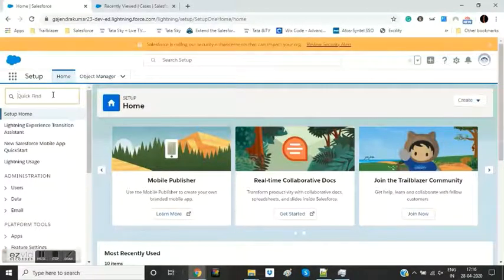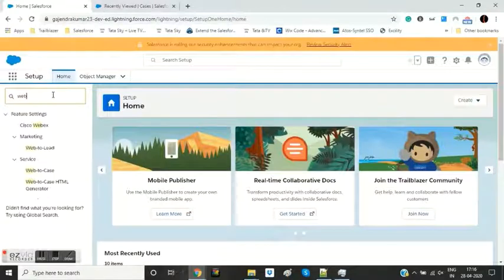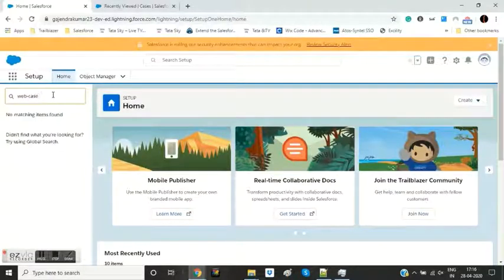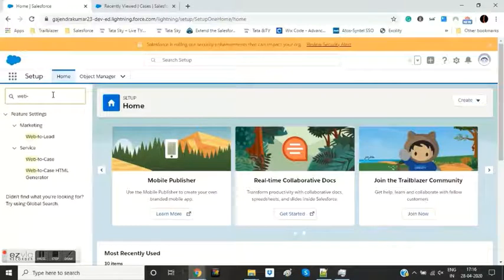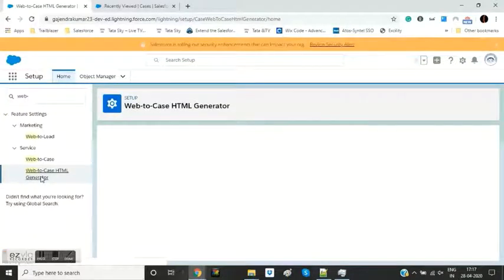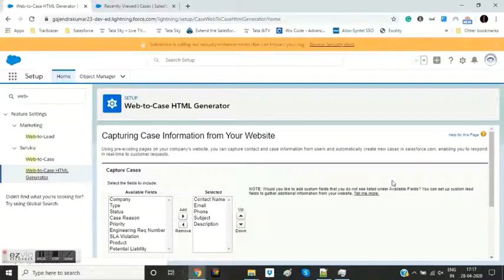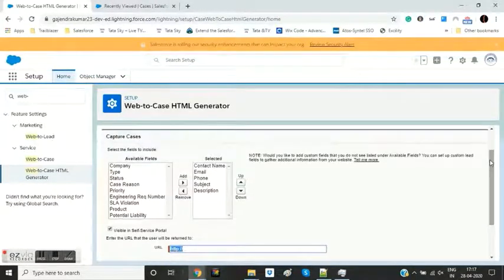module in setup. So we'll just search for web to case in the quick find box, and we are going to click on web to case HTML generator. What we can see here is that it provides you with two sections. One is the list of available fields and the other is selected fields. So what this function does,